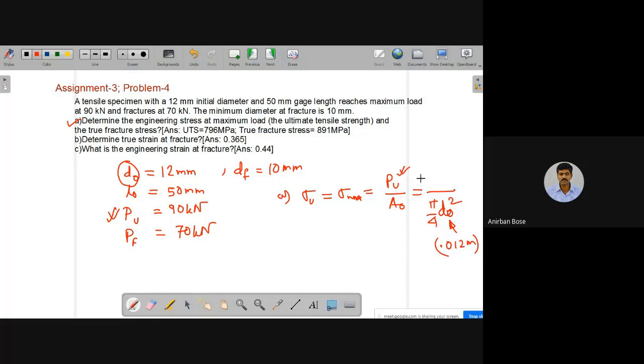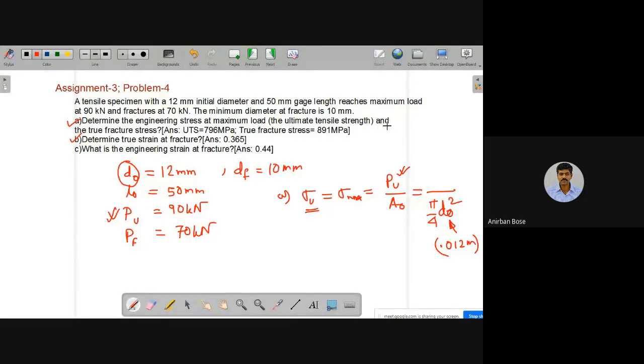Okay, and if you keep it in kilonewton, then the answer will be in kilopascal. But remember, ultimately you have to express the strength values in megapascal units, because strength values are of megapascal order of magnitude. Okay, so that is very important. Always keep it in mind. The final expression should be in the megapascal order if those are strength, and if those are Young's modulus or modulus of rigidity, if you have to express this kind of quantities, then it will be in gigapascal units.